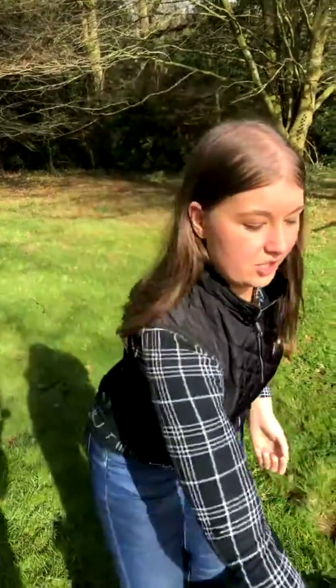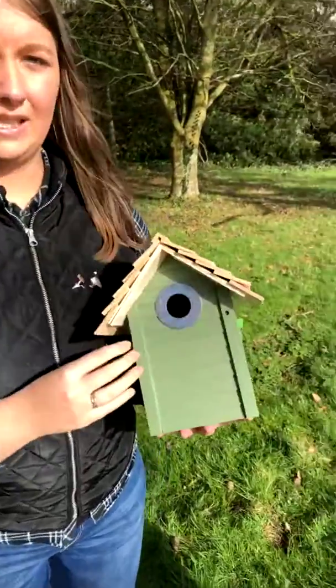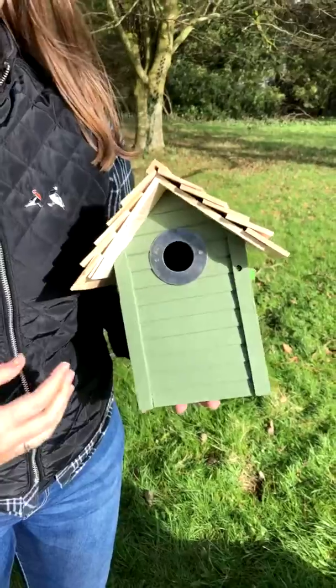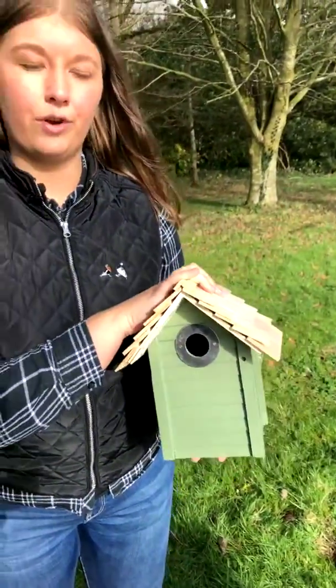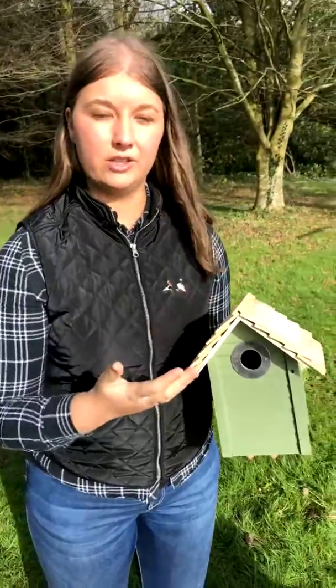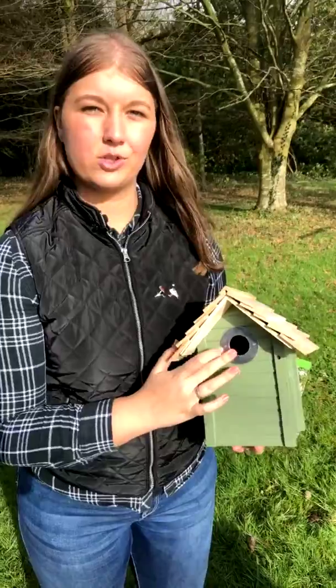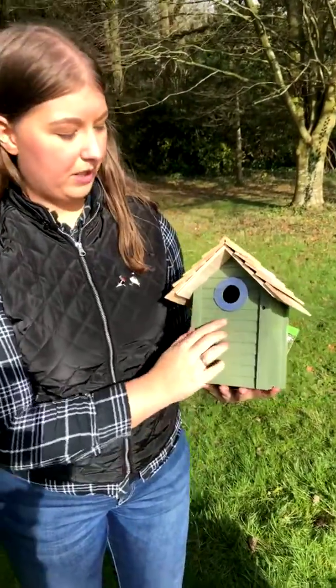The classic shaped nest box, which is this one, is basically the one you normally see on the market, the one you traditionally make yourself. So square with a pointed roof on it. Pointed roofs are particularly good for drainage, so it stops water being able to get into the nest box hole itself. So this box, you've got the slats for water to run down, but it's also got this, if